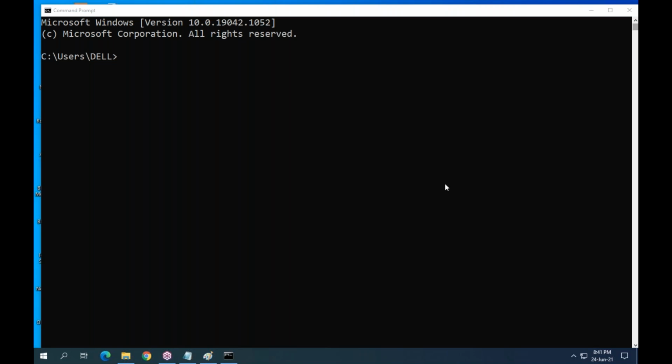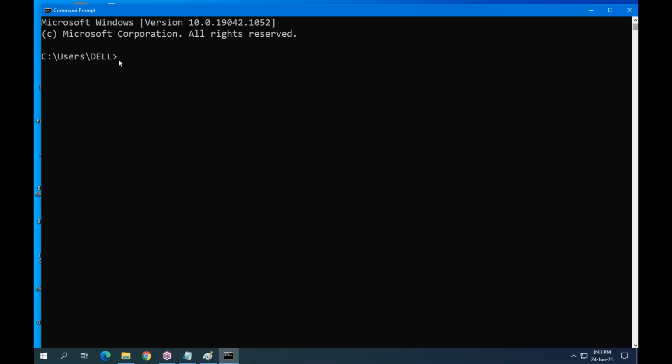Yeah. So first of all, we need to connect to the database. How to connect to the database? SQL Plus. I am connecting as a DBA.